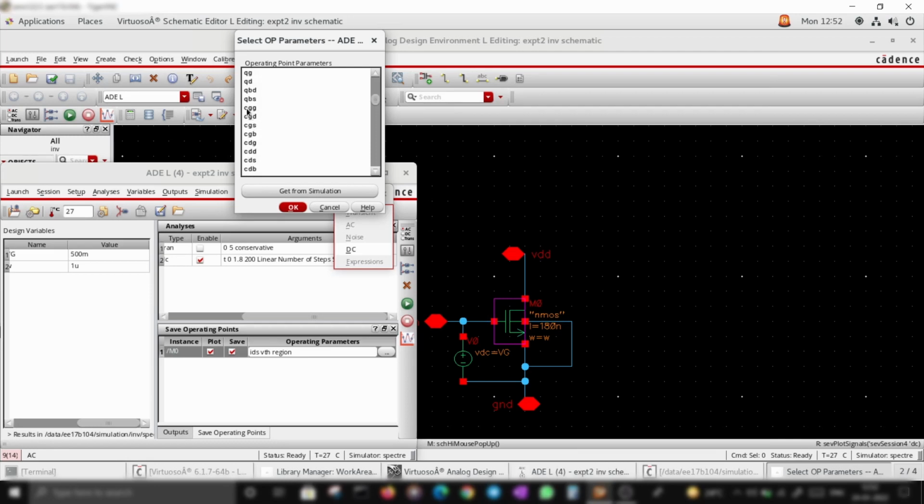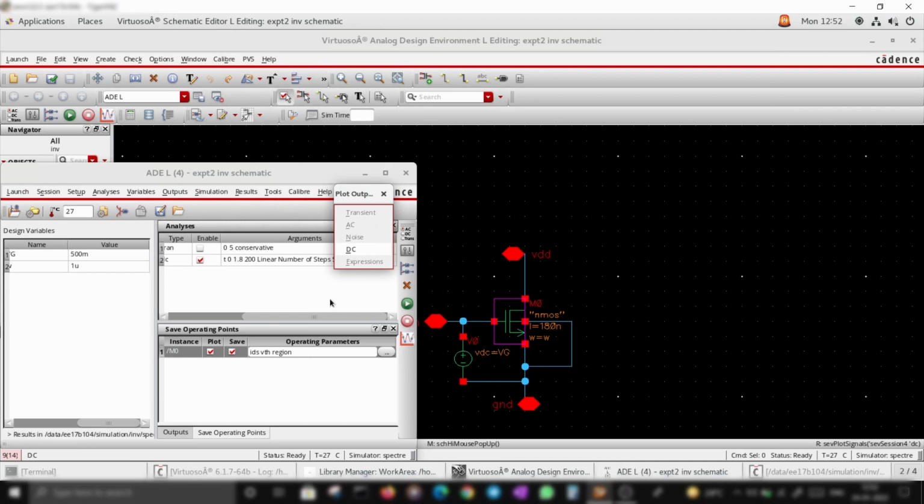CGG is the total looking-in gate capacitance, which is like the effective capacitance when you look into the gate. CGD, CGS, all are the traditional definitions that you will understand if you learn device modeling. Right. This is all about transient and DC simulations in MOSFETs with Cadence Virtuoso.